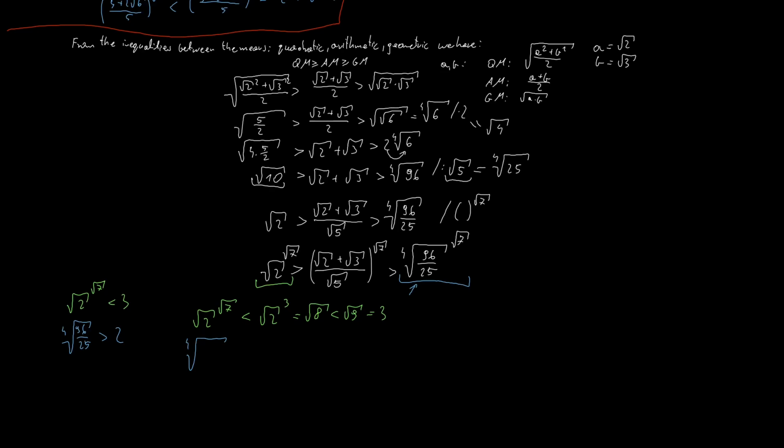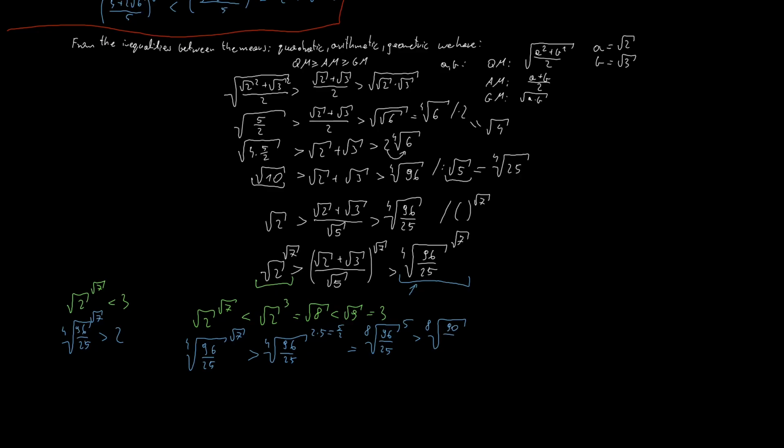So we have the fourth root of 96 divided by 25, to the power of square root of 7. Oh, I should write this here. This is more than the fourth root of 96 divided by 25 to the power of 2.5, right? Which is 5 divided by 2, so we can write that this is the 8th root of 96 divided by 25 to the power of 5, which is more than